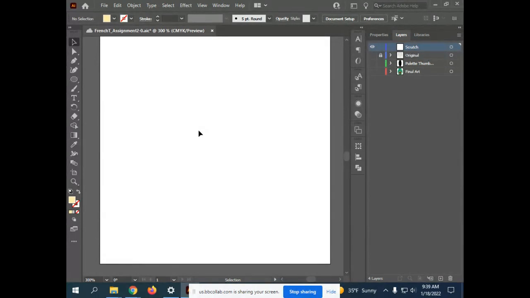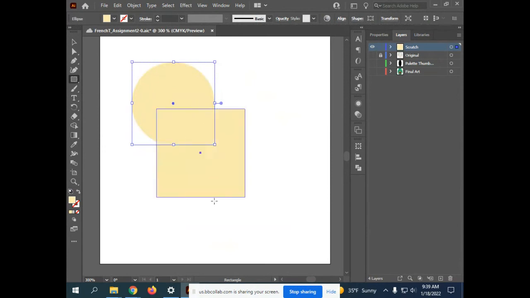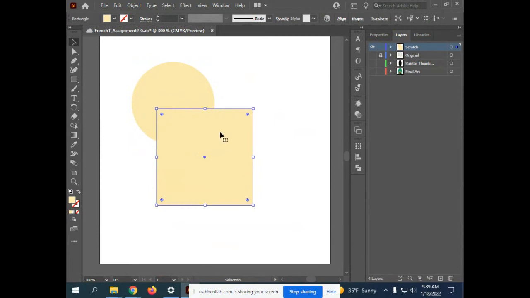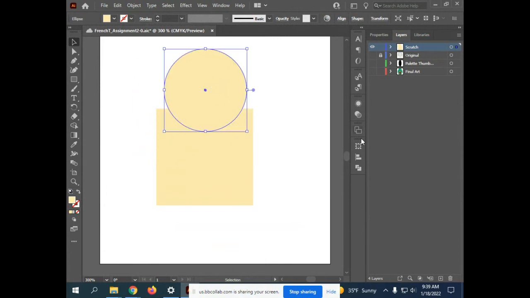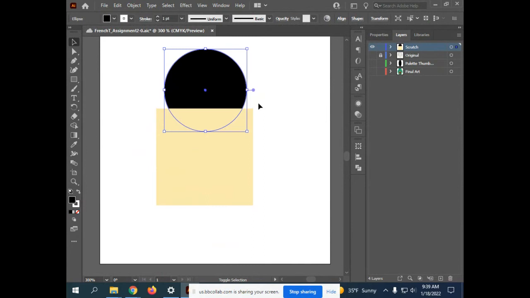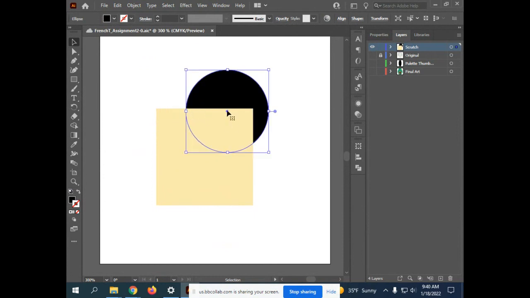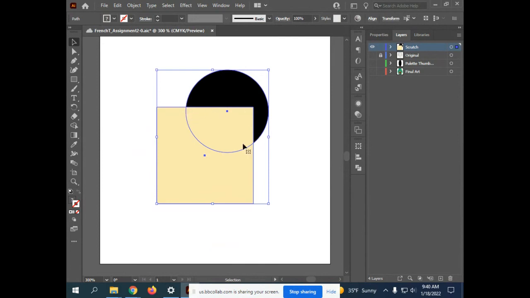I know that L on the keyboard creates a circle. Coincidentally, M on the keyboard makes a box. I don't really know where those come from. And so I've got these two shapes. Let me make this another color just for fun, so we can see what's going on. So we've got a circle and a square, and let's say I only want the shape described by where the circle and square overlap each other,